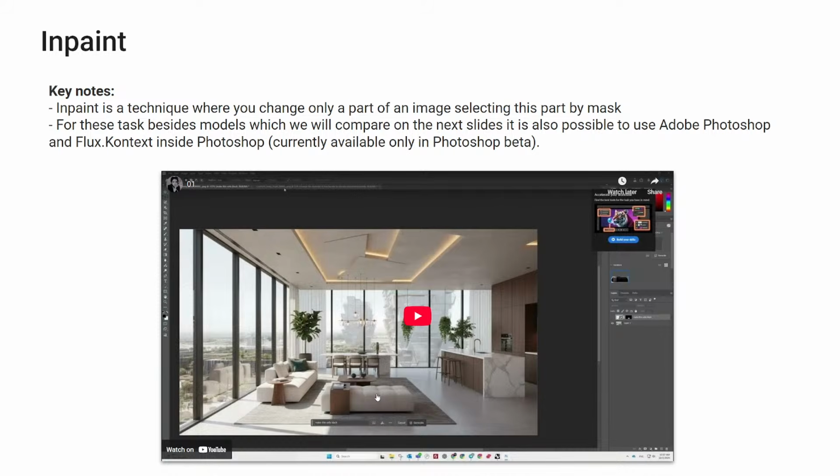So these models work better with such tasks, and especially Flux Context inside Photoshop works kind of well, because you really can mark the exact area you want to change and do that. For Gemini, it's not working this way, but we will talk about that on